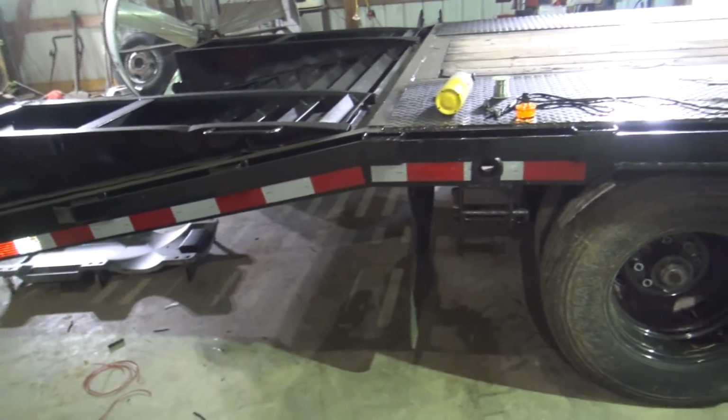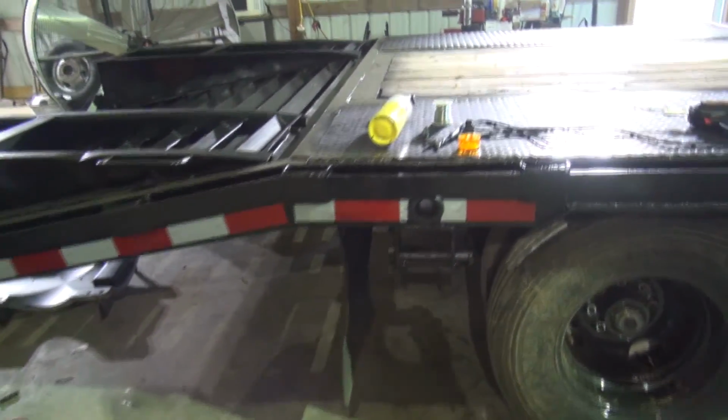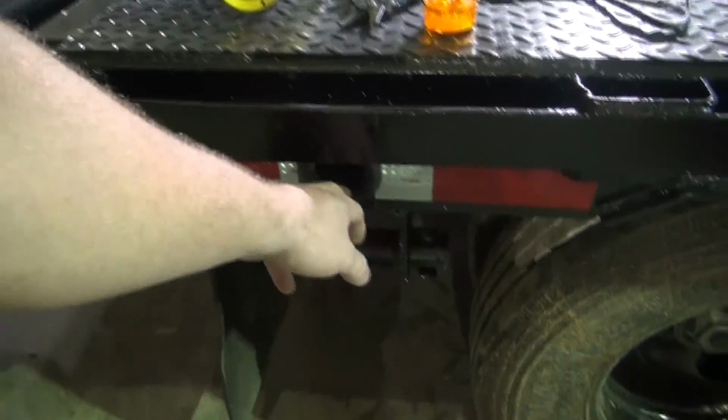Out here in the shop early this morning trying to get a start on the trailer before it gets too hot. I've got the lights on the other side and the back already wired up. I'm working on this side here, putting the new clearance lights in. And again, I mentioned in one of the other videos I added a couple. I added this one here, and then I added